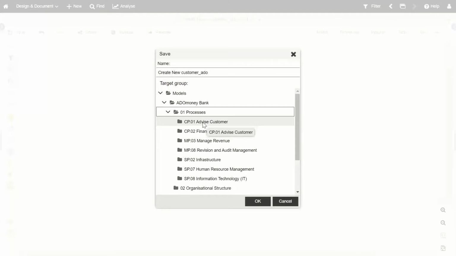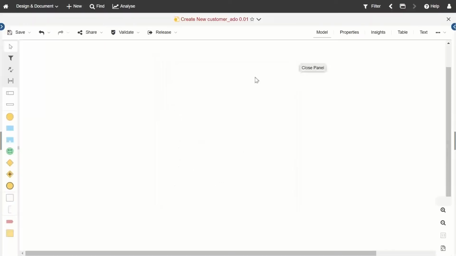So again, you will be prompted to actually move your model out of the temporary section when you hit the save icon. All right, so again, maybe we're getting a little bit too ahead of ourselves, talking about too much. So let's maybe start back from basics. If we're going to design something,